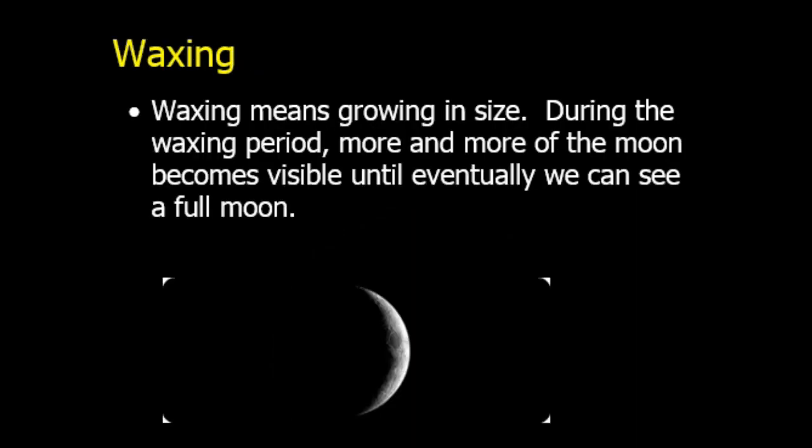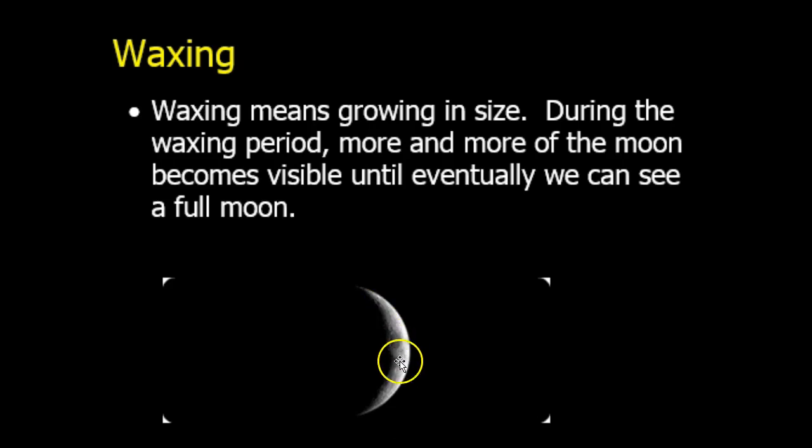And so we use the terms waxing. Waxing means that it's growing in size. During the waxing period, more and more of the moon becomes visible until eventually we see the full moon. How I know when I look up at the sky and I see the moon, if it's waxing or waning,